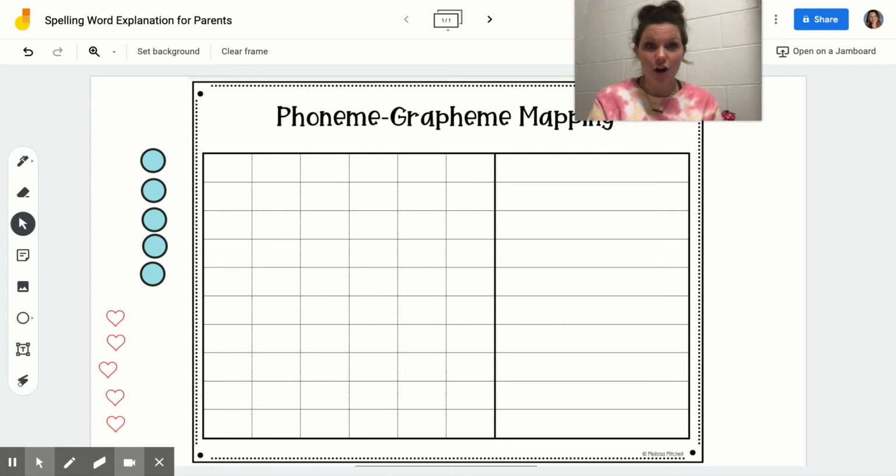However, it's not always, or some words like our high frequency words that we go over every week, some of the letters in those words don't make the sounds that we're used to in kindergarten. And those are what we have been calling heart words, because heart words are words that we need to know by heart. We are highlighting the tricky part to make it sticky in our brains. And that has really helped our students just really jump to the next level when it comes to writing and